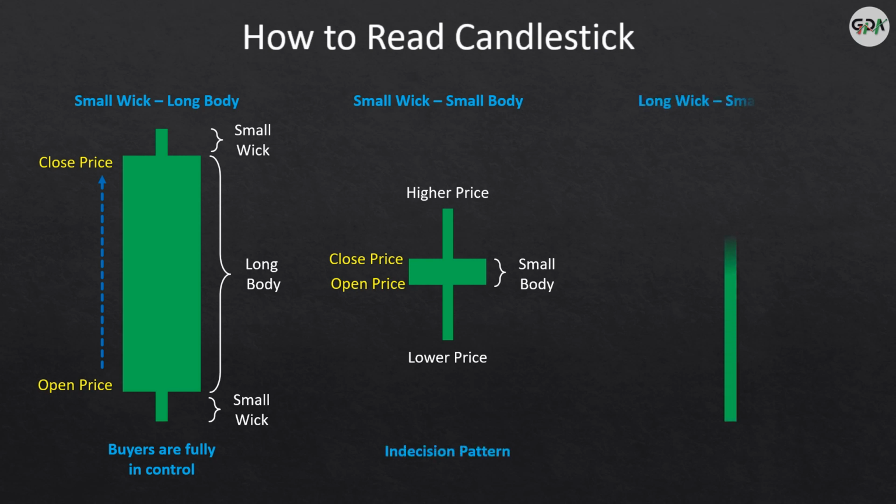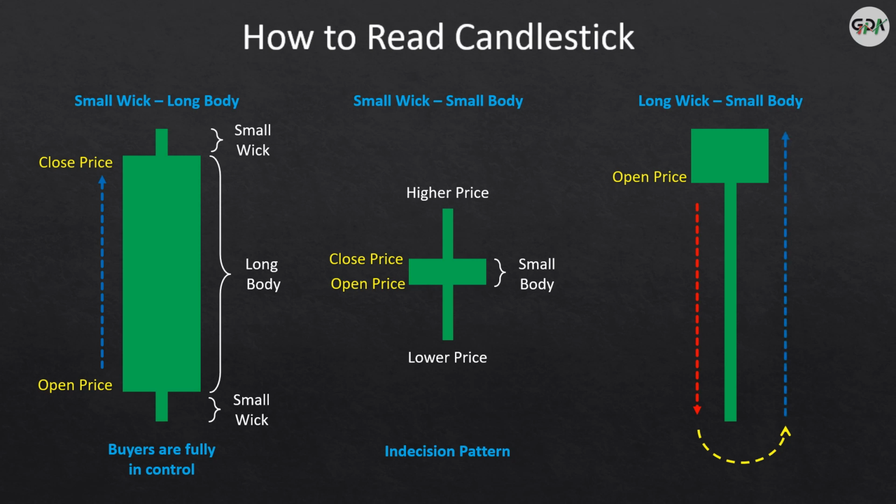This type of candle tells us of strong rejection of the lower price by forming a long wick. The candle opened here and initially traveled in a downward direction. Thereafter, bulls entered and high volumes of buying took place, and it closed just above the open price, forming a long lower wick and small body.